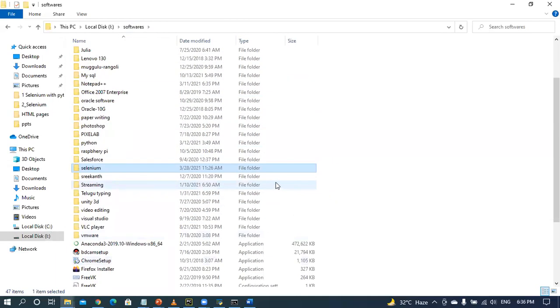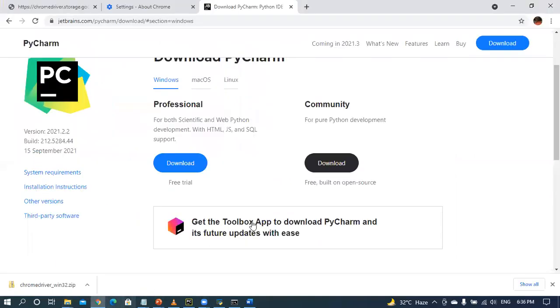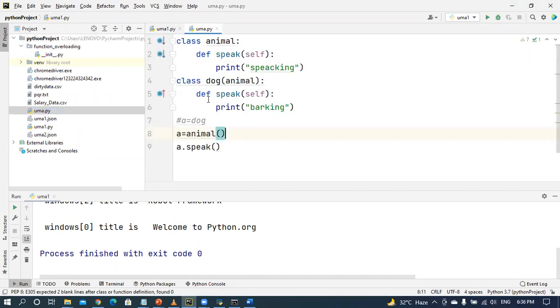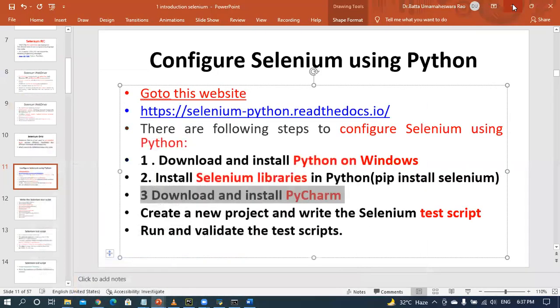In the first video of the Python programming, I explained the installation process of PyCharm also. Here, first click on this one, download this file. After downloading this file, execute this one. If you execute this one, this is called PyCharm. This is a simple PyCharm. That means after installation of PyCharm, you will get